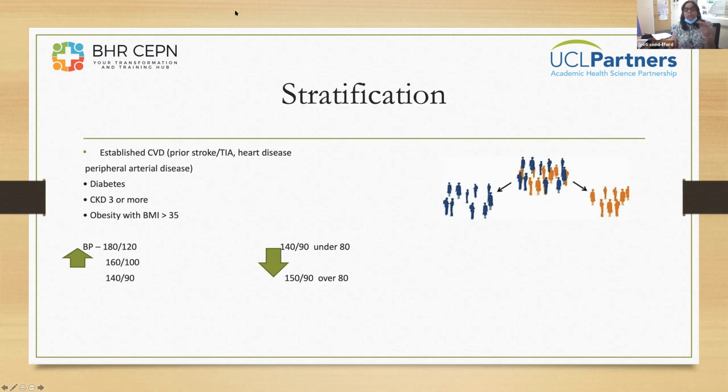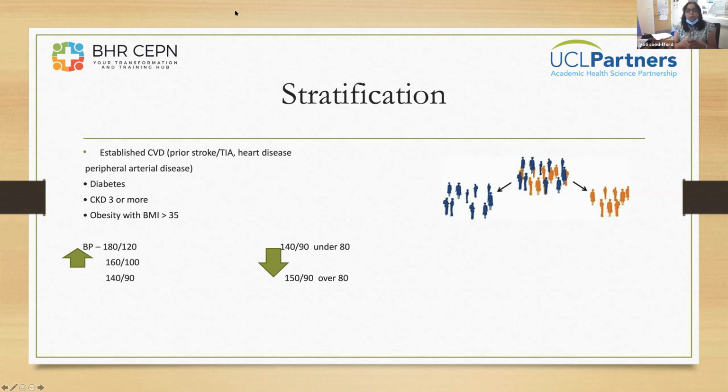Okay, so I'm going to talk about risk stratification, which is why we're here today, really. It's what UCLP have done, this academic science sort of partnership. What they looked at was post-COVID, how are the GPs going to manage the arduous task of dealing with not just hypertensive patients, but diabetes, COPD, etc. So what is it that we can do to bring the patients that are high risk to be seen sooner, and the low risk can then be seen in their time, because they all need to be seen, but